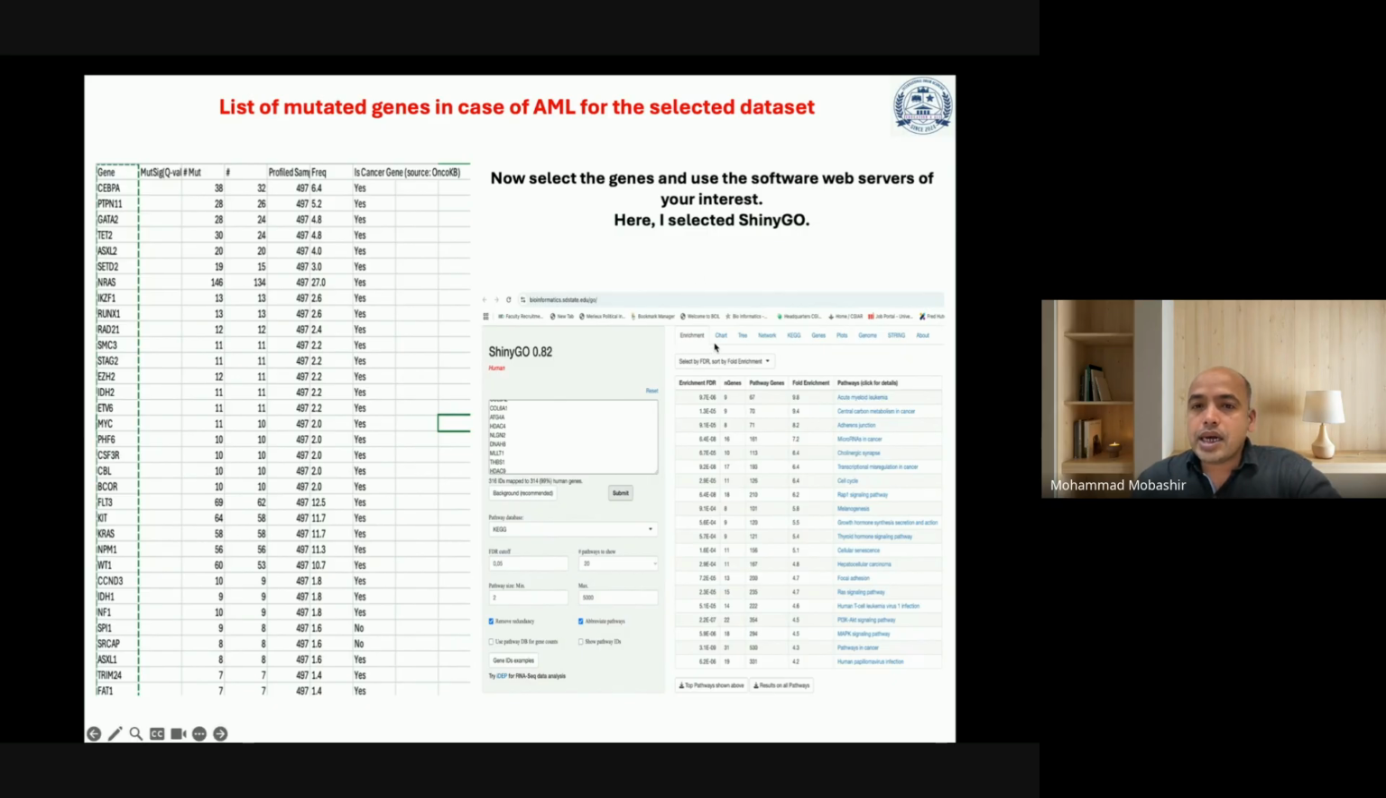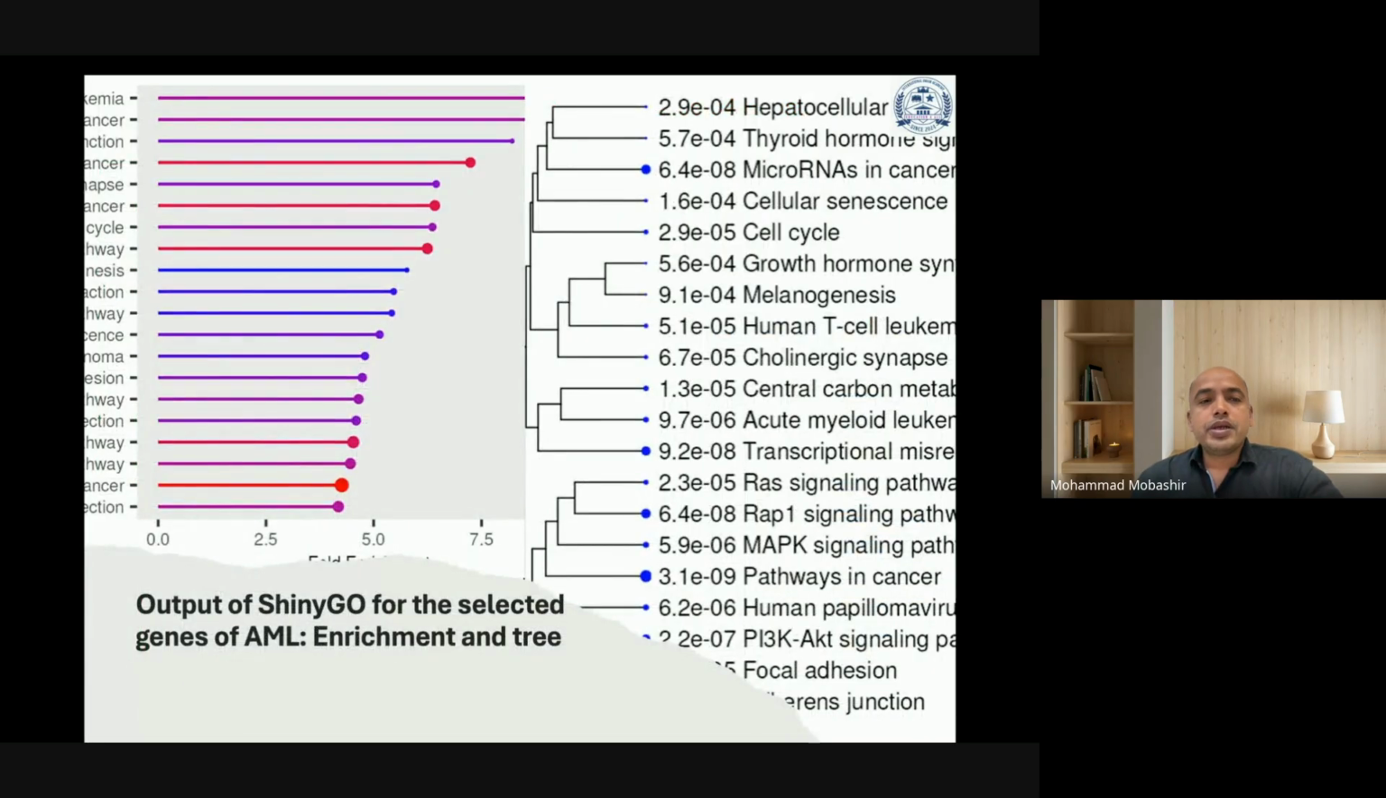And these things are like chart, trees, network, KEGG, genes, plots, genome, STRING. All these things are multiple options for further analysis. So now in the next, all these things are the output for the selected mutated genes list in case of acute myeloid leukemia. For example, here the output of ShinyGO for the selected genes of AML, left side is